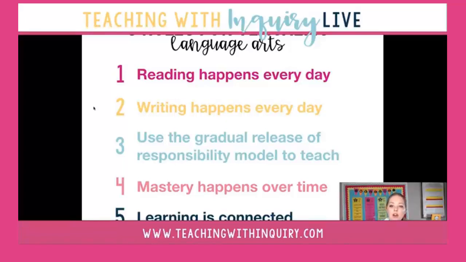I think it's really important that we are using the gradual release of responsibility model to teach, and we are also using mastery and making sure that we understand that mastery in language is going to happen over time. So it's not something that we're going to be able to accomplish really quickly and in a short amount of time, but mastery over teaching things like nonfiction or fiction writing, as well as mastering things like making connections and inferences, are not going to happen necessarily in a standard 6-week learning cycle. It's something that we have to continually revisit over time and build on previous strengths and add more complexity to it as the year goes on.